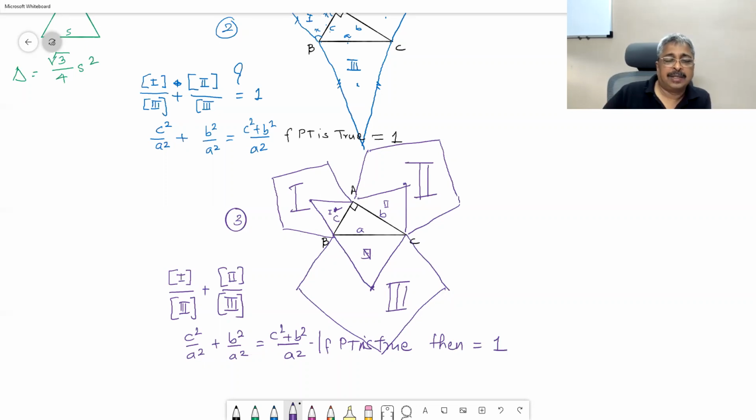So what do we mean by that? If we draw regular pentagons on AB and AC and add their areas, it will be equal to the area of the regular pentagon drawn on BC. That is the meaning of this one. Numerator equals denominator. Earlier case also, the area of the isosceles triangle drawn on AB plus the area of the isosceles triangle drawn on AC equals the area of the isosceles triangle drawn on BC. So this is similar. Okay.